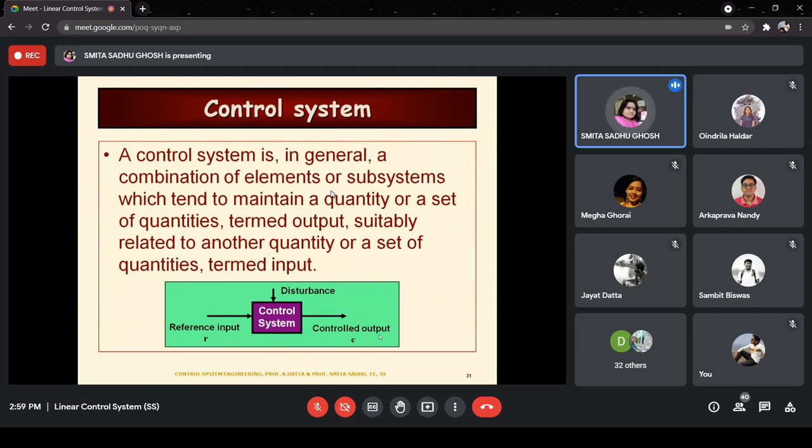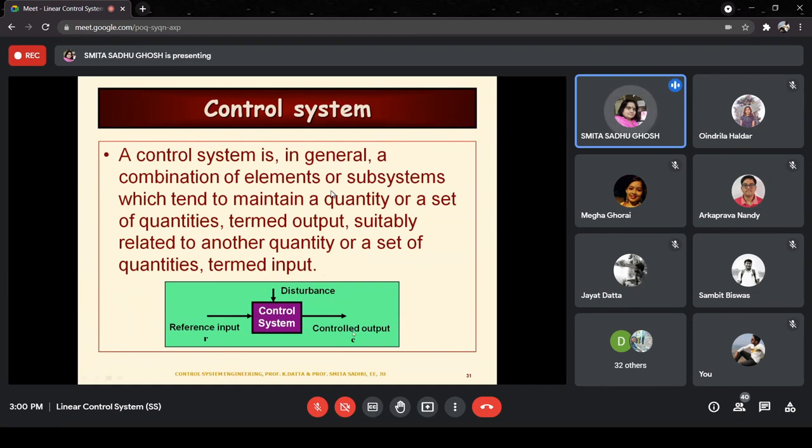Now coming to a control system. Over here you find a very simplistic block diagram, drawn with a single block in which you find the words control system written. The outgoing arrow represents what we call the controlled output, denoted as C. These notations vary from book to book. In some books you find the output having the symbol Y. In some other books, I believe BC Co gives you the symbol C.